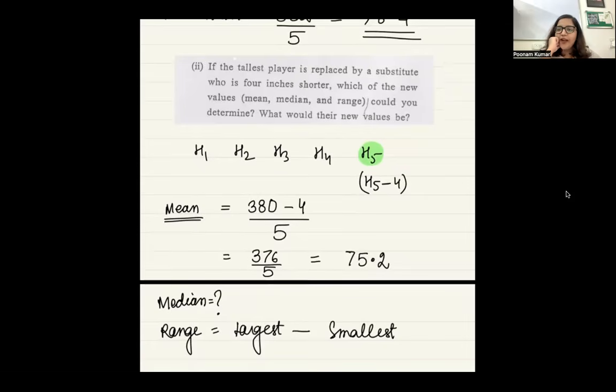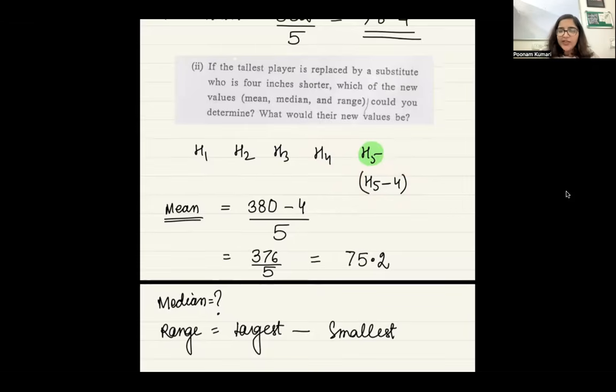No, ma'am. Why? Can I not find it? Because we don't know if he is the tallest person or not. Exactly. So right now, I am not sure if this person is the tallest person or not. What if when we replaced him, this person's position became the 4th position? So this person would be the tallest then. So then I don't know what was the height of the 4th position person, or the final top person, right? So I don't know what is the largest value anymore.